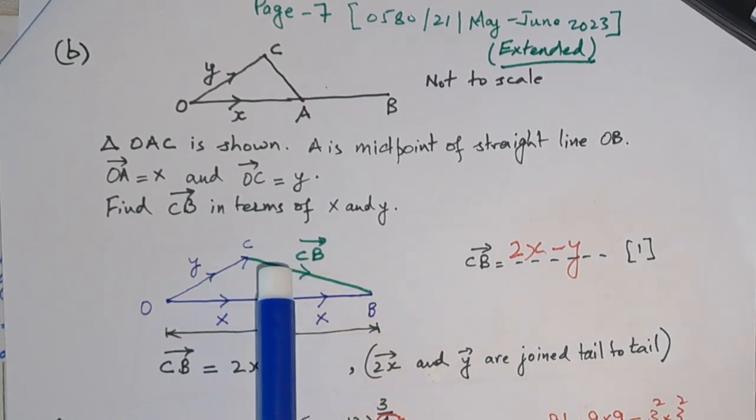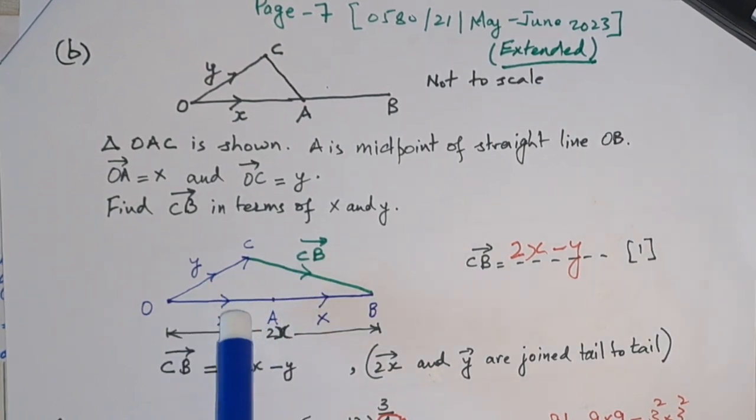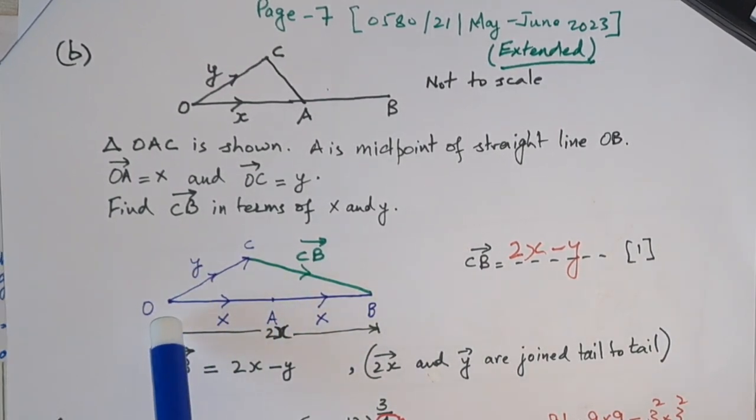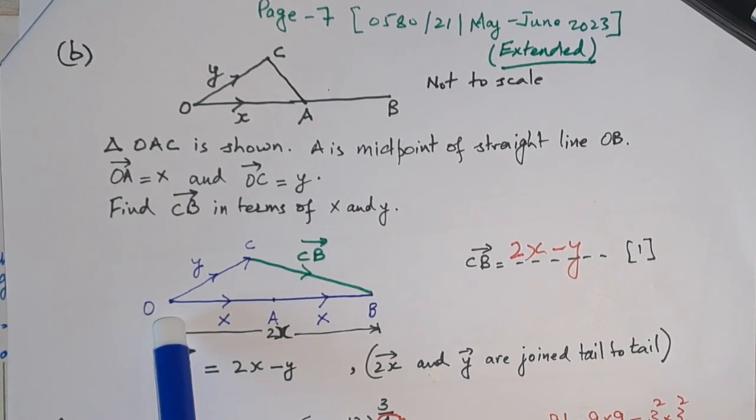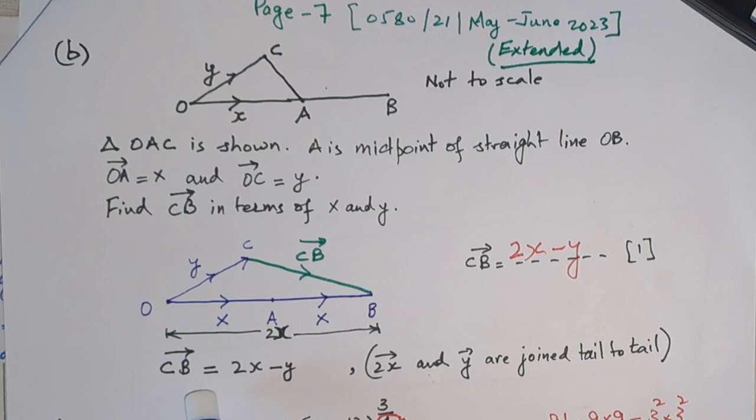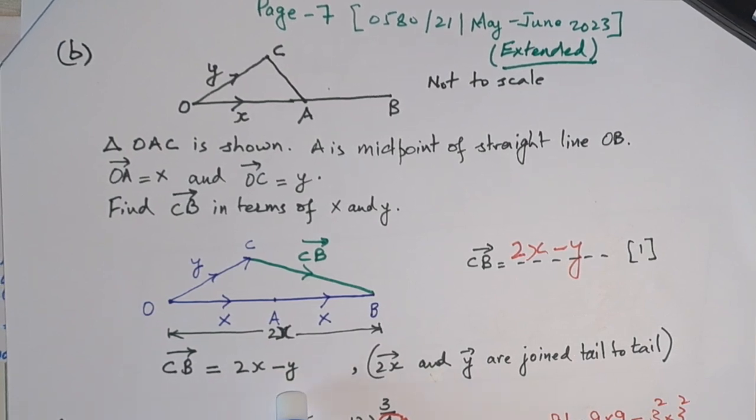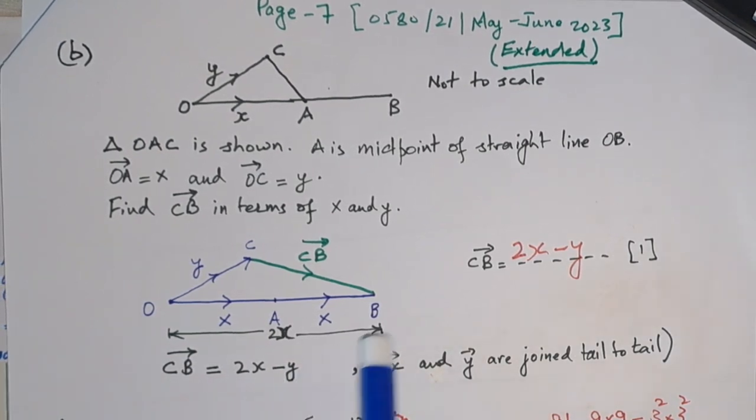And x and y are joined tail to tail, not head to tail. So we are not going to add them, we are going to find their difference. So CB is equal to 2x minus y. I write the answer